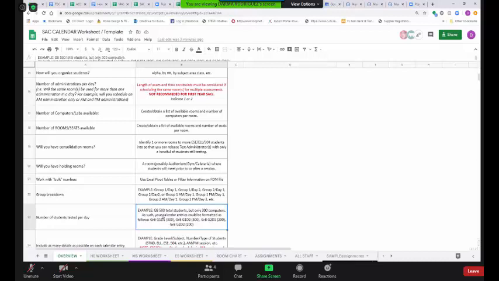And then you're going to break it out from there and you're going to say, okay, 500 students, only 300 computers. So 300 are going to test the first day. The other 200 are testing the second day. So here's Group 1, day 1, day 2. And then here's Group 2, day 1, and then day 2. And all this information would go on my calendar so that at all times I'm seeing what's actually happening in